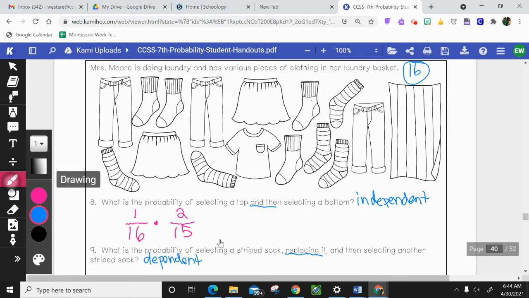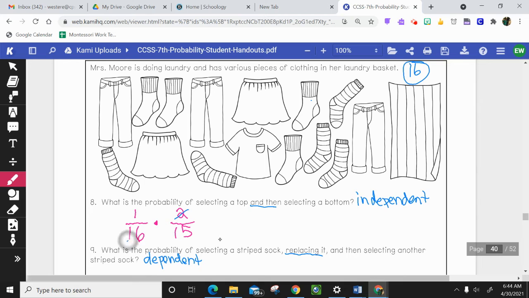So I'm going to reduce before I multiply. So divide these both by 2 and you get 1 and 8. Multiply this across. You get